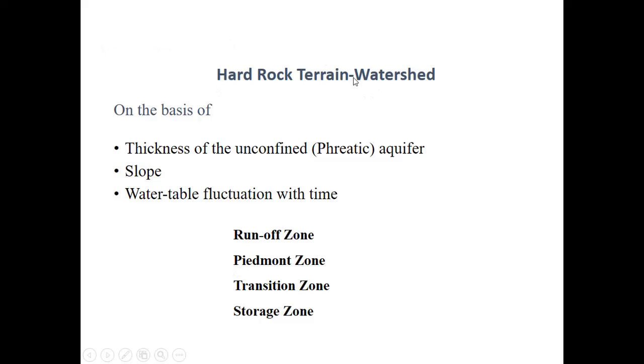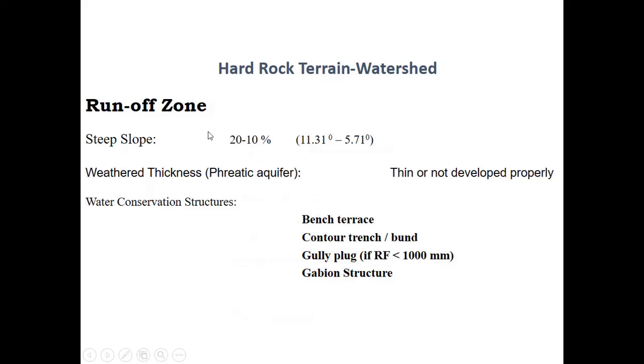In hard rock terrain watersheds, on the basis of thickness of the phreatic aquifer, the area has been differentiated into different types of zones. These zones are dependent on the thickness of the aquifer, slope of the area, and water table fluctuation with the seasonal climate or with time. So there are runoff zones, piedmont zones, transition zones, and storage zones. In the runoff zone, slope is